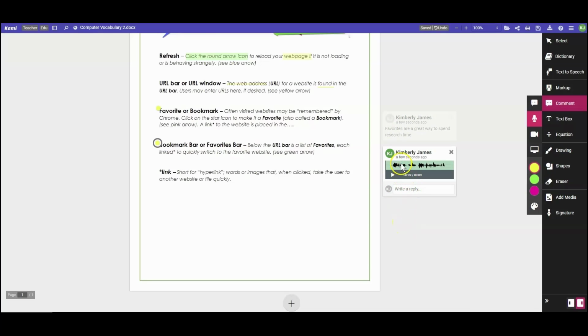You'll notice that this line was moving and this was counting up. I have up to 5 minutes to record, and of course I can always, or my colleagues or teacher or collaborators can also write a reply to that voice. This right here is a video comment. Just like with the other two, it's going to leave an off-paper comment about whatever this dot that I place